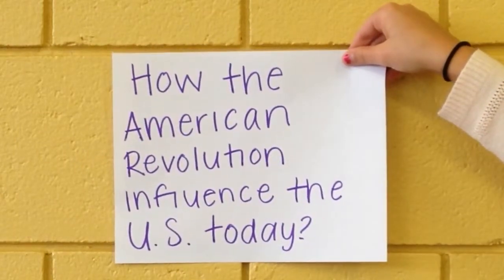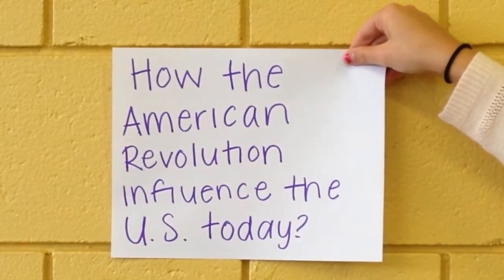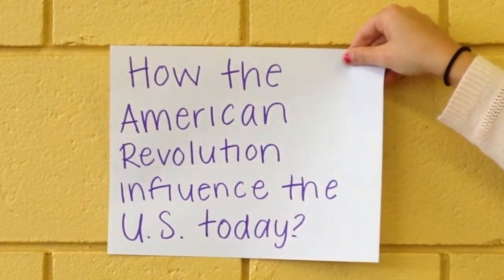The Declaration of Independence is a document made by the colonists on why they should be independent from Britain. The Bill of Rights is the first 8 amendments requesting personal liberties. Does the American Revolution affect the U.S. today? Yes, the American Revolution affects the U.S. today